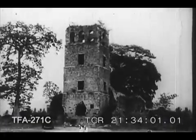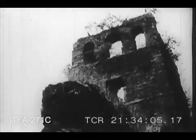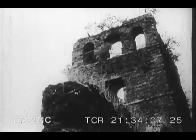Here is what happened during the 17th century when bloodthirsty pirates, led by the famous Henry Morgan, went on a rampage in search of gold. These ruins of the Campanile, of the Cathedral of Our Lady of the Ascension, have long been a landmark of